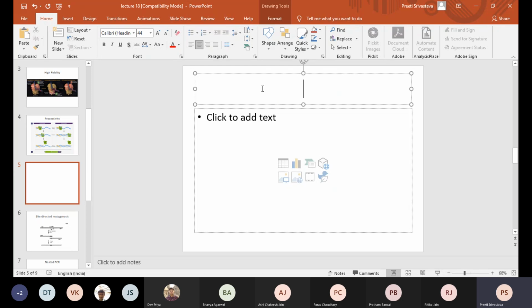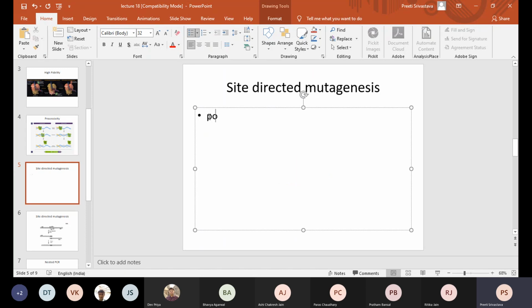So then let us talk about site-directed mutagenesis. As the term itself says, this involves mutagenesis at a particular site, right? So you're going to select a particular region, a particular sequence, and this can be a change in one nucleotide.